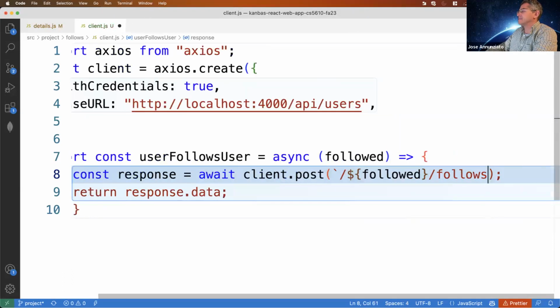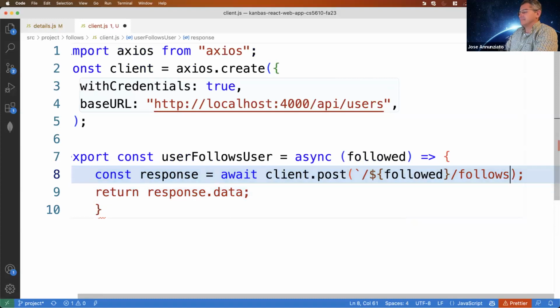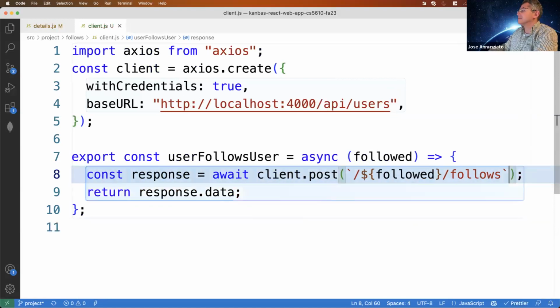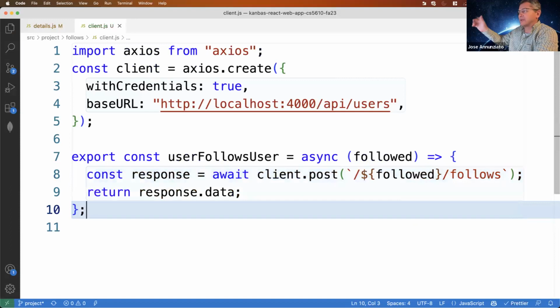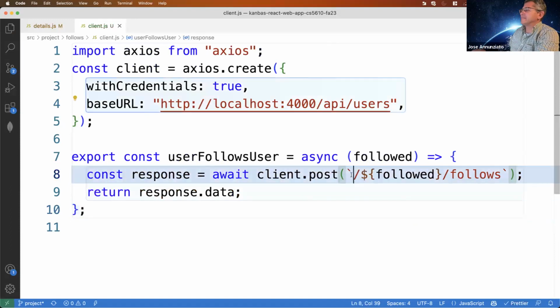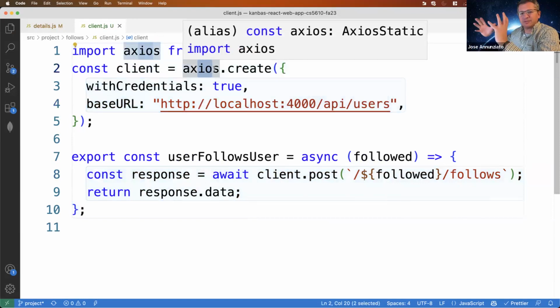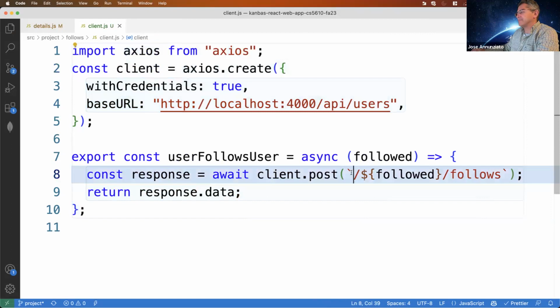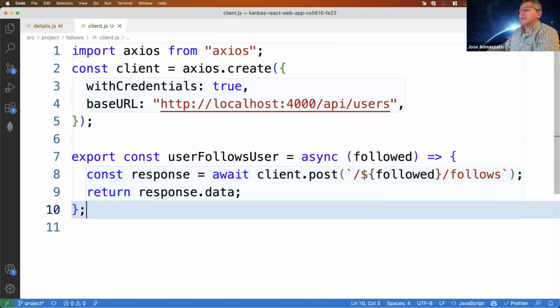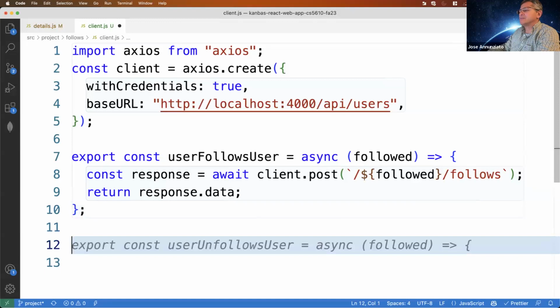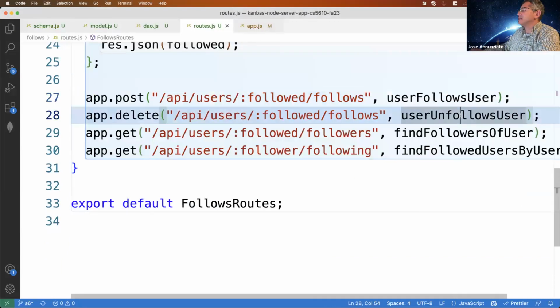Okay, perfect. And this here is going to be appended in front of the post. So this is a nice base URL parameter of Axios, which allows you to make it a little more compact, so you don't have to have these really long strings.